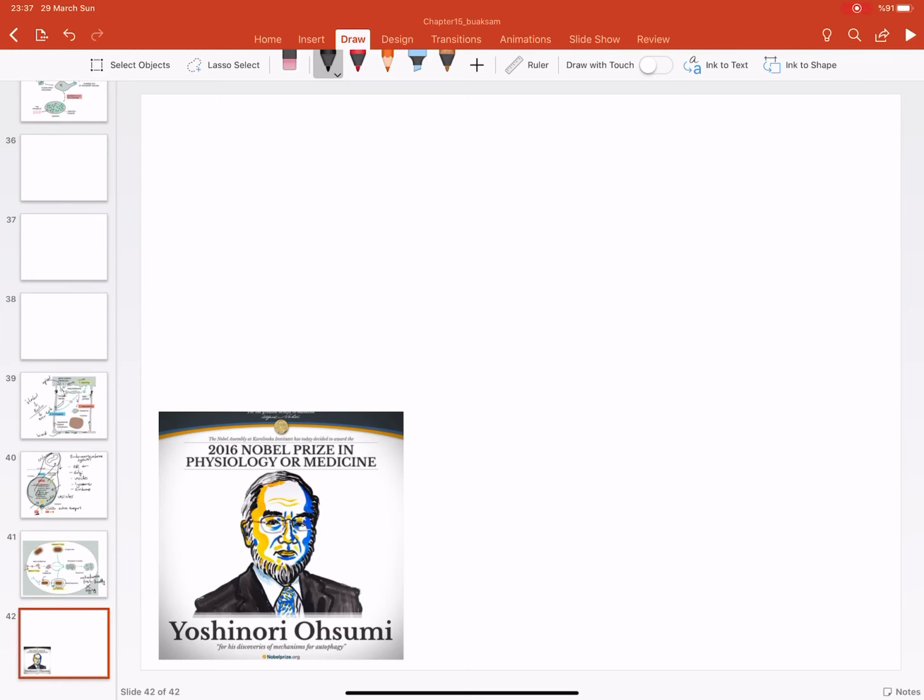And this is the guy who discovered the mechanism, Yoshinori Ohsumi. He got the Nobel Prize for that. You can go read the Nobel Prize